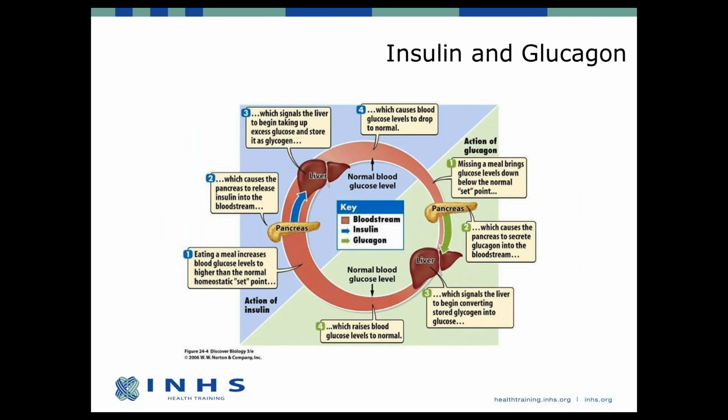So this is a look at insulin. Eating a meal increases glucose levels, which causes the pancreas to release insulin, which signals the liver to begin taking up excess glucose and store it as glycogen, which causes glucose levels to drop back down to normal. Now, let's say you missed a meal or you haven't eaten, then your liver will kick in that storage and start throwing that into the bloodstream